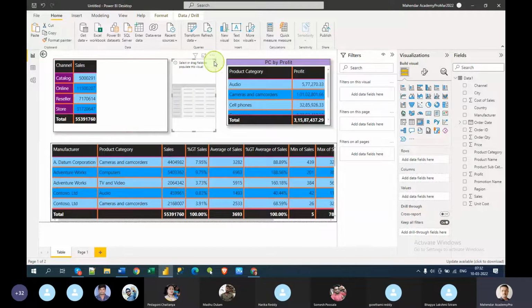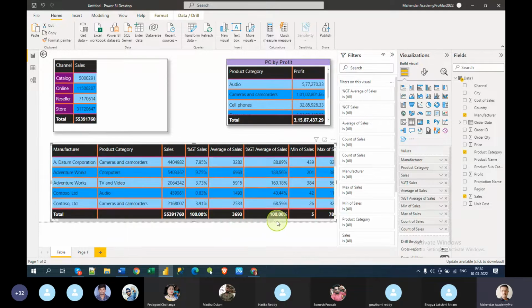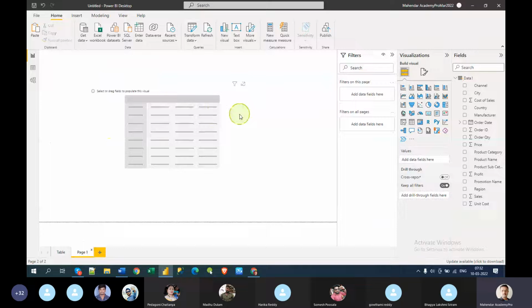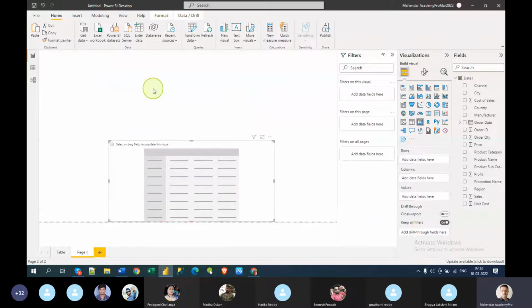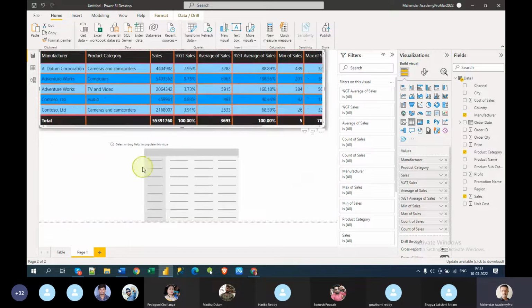Okay, so what I can do is I can remove this at this moment, and I will copy this with Control C, and we can also paste it into a different page. Let me put this here. So what we understand is we can copy and paste a visual from one page to another page. It was actually a recent update, maybe one year back, I guess. And prior to that, you could not copy.